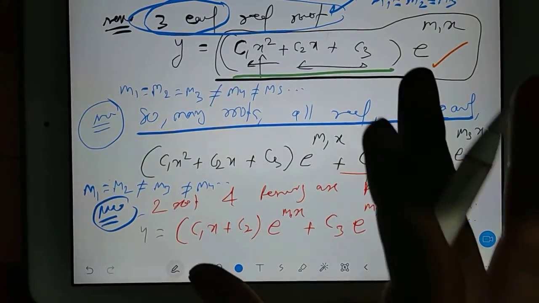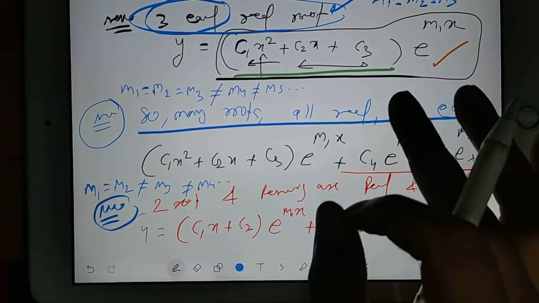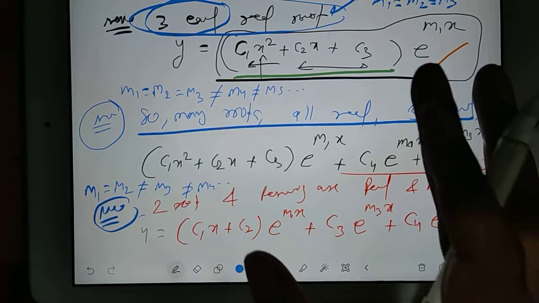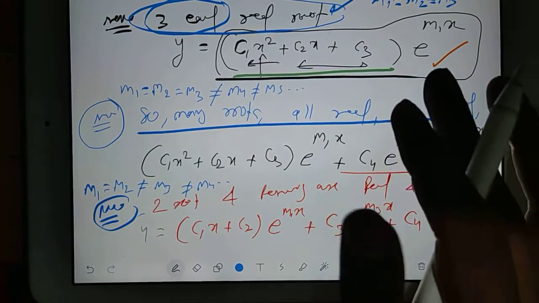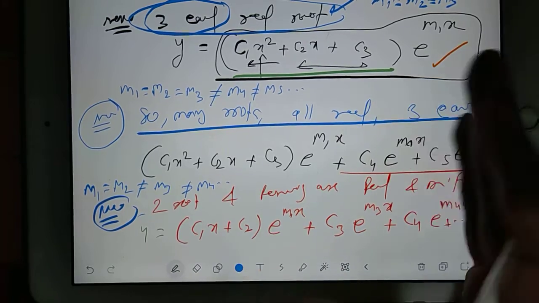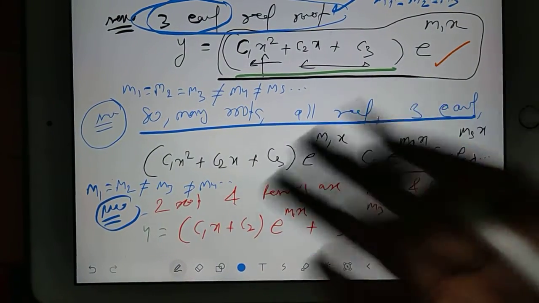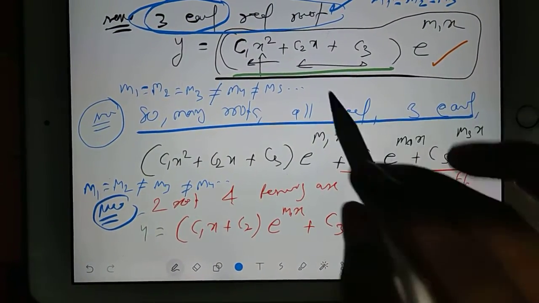Now, 2 conditions are okay. Now we have case 3. In case 3, you have imaginary roots. So one pair of roots will be there, and of course, whenever we talk about a pair, 2 roots are coming directly. For example, I will change the page.